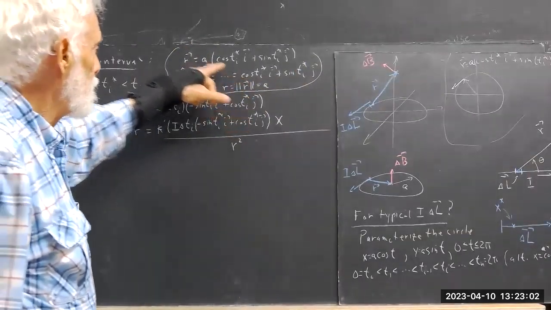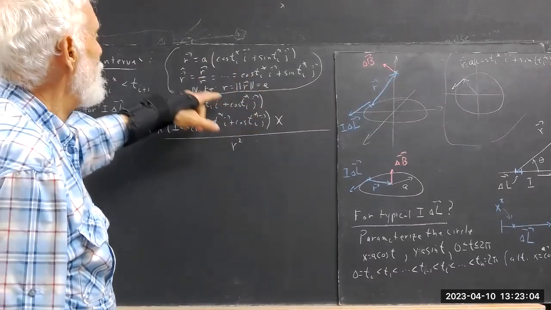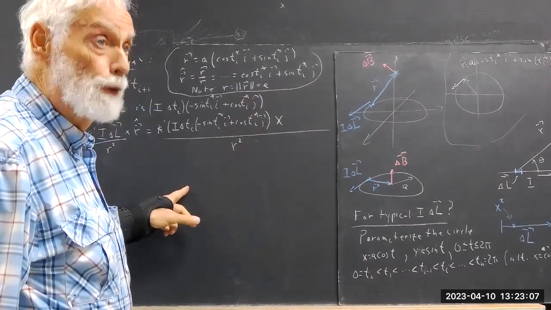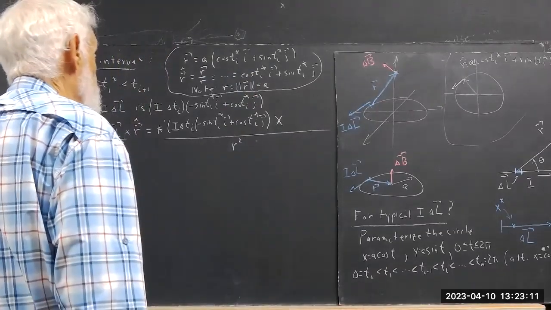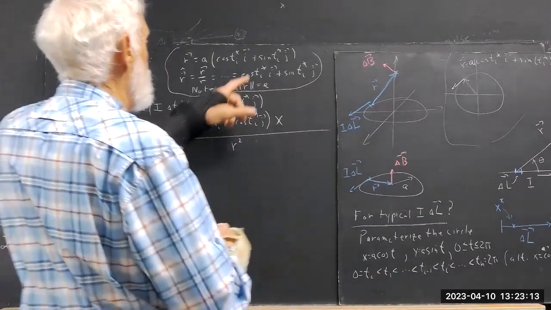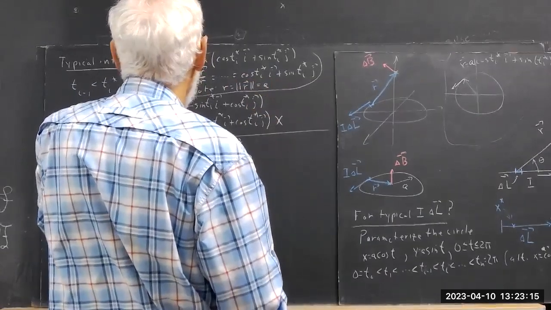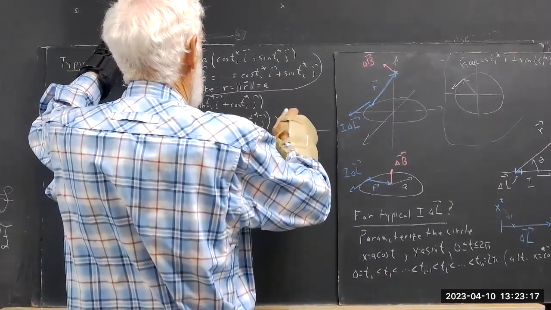Because the magnitude of R is equal to A, that's what your little r stands for in the formula. And so down to just crossing this with R hat, which is